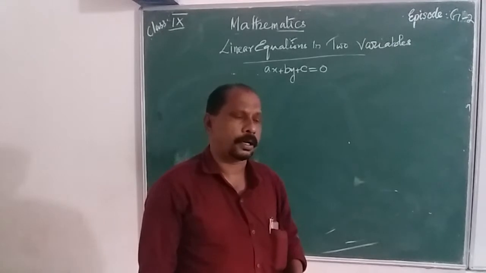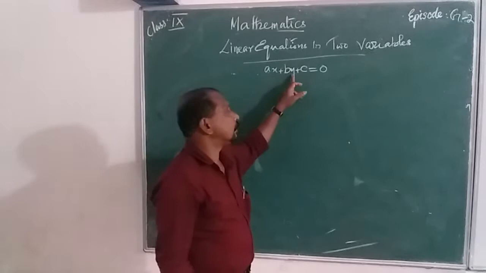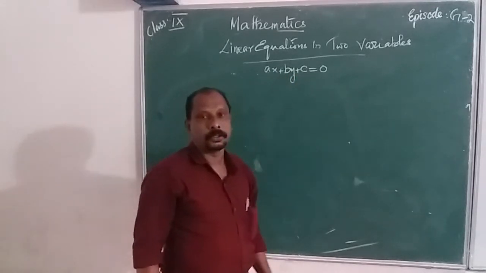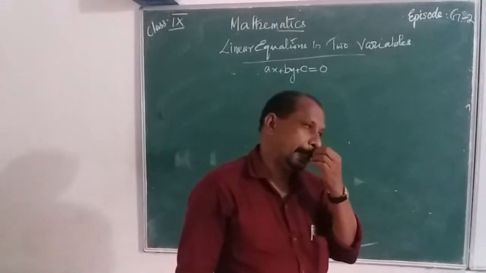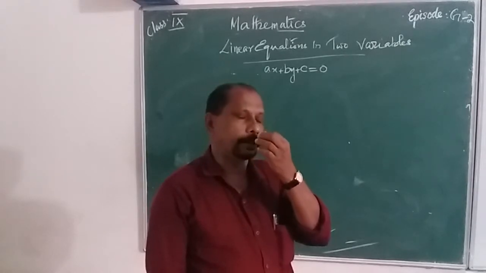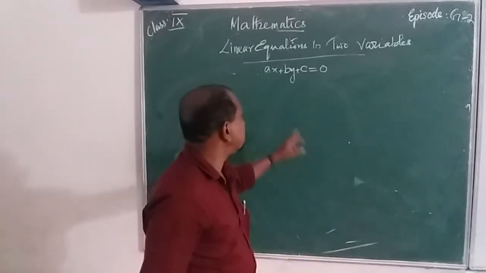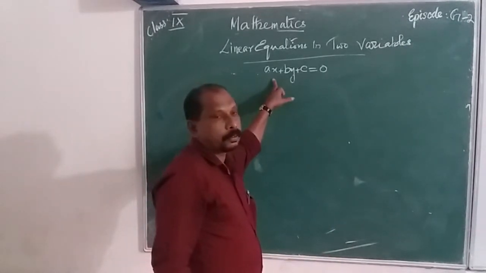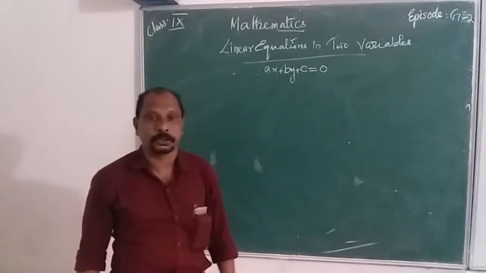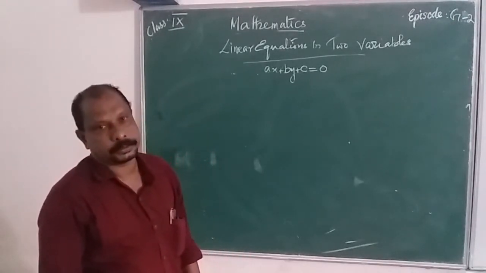Then this is the general part. If the variable y is equal to 0, we get ax plus c is equal to 0. That is the equation of a line where the x coordinates of all points are equal. That is a line parallel to the y axis. When x is equal to 0, the equation is by plus c is equal to 0. Therefore, it is a horizontal line. It is parallel to the x axis.